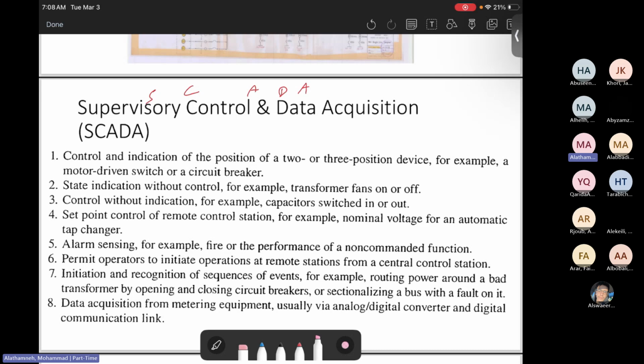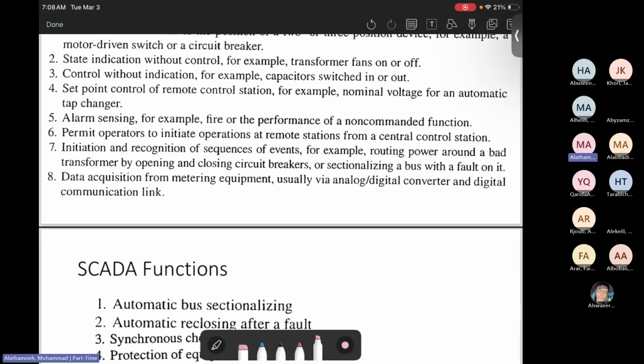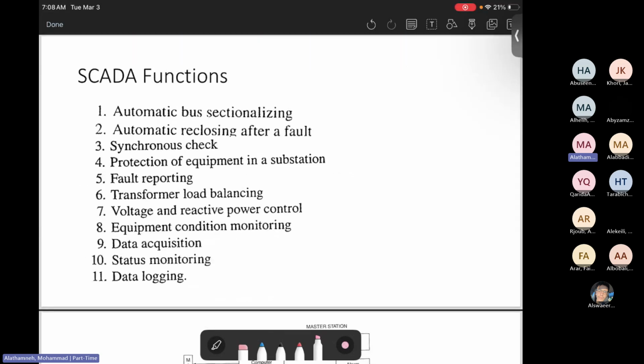That's how we are working this in Jordan. So again, the SCADA usually can convert the data and read it. So SCADA functions: we can use it in reclosers, in synchronous check when you turn the power on and off, protection equipment of the substation, fault reporting, transformer loading balancing, voltage and reactive power control by adding shunt,